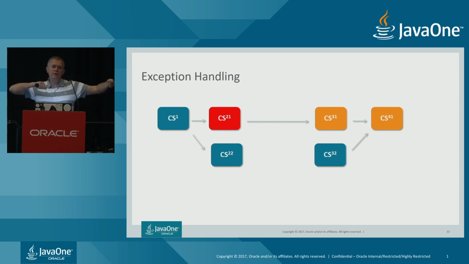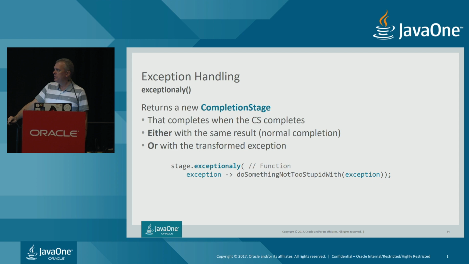Now, what is happening if I have an exception at some point? I am querying REST services. They might not be there. I am unmarshalling some JSON objects. This could raise exceptions. The idea in the CompletionStage API is that if at a given point of my chain of tasks an exception is raised, then all the downstream completion stages will also raise an exception. So it will kind of break all the process if I have an exception at some point. But I have methods to handle that, which is nice.